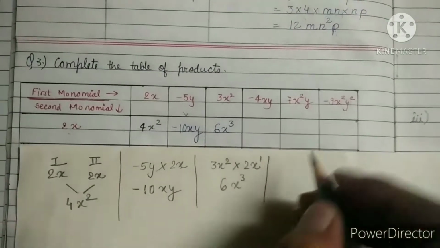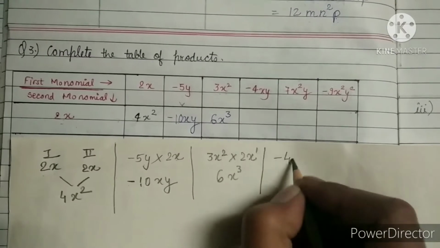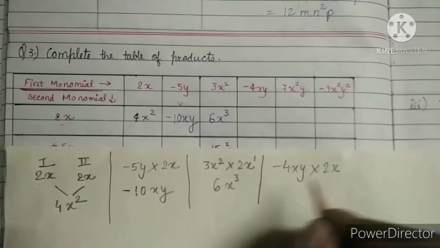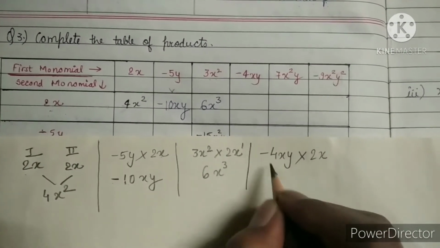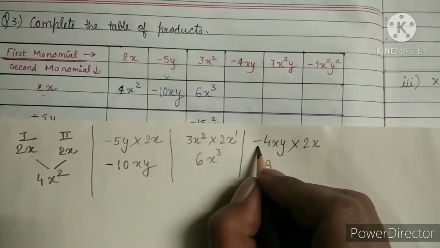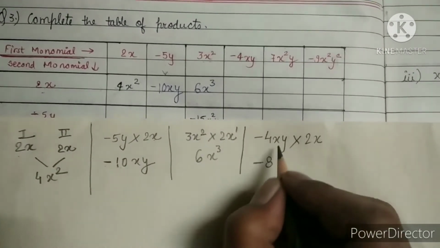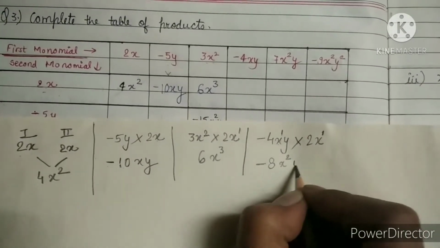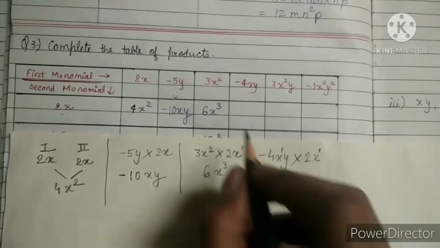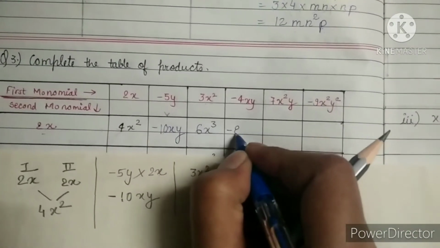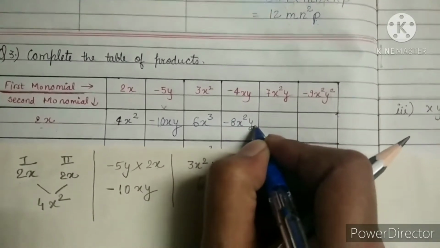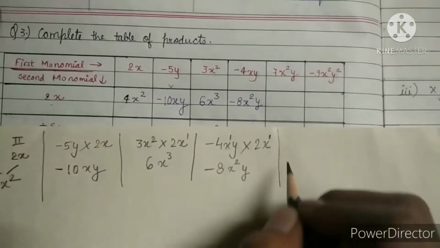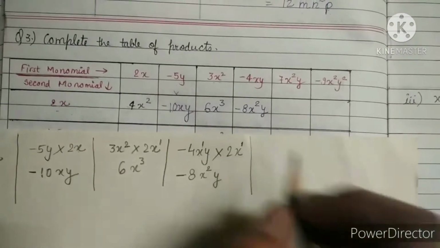Now for the next, we will do the same. We have to multiply 4xy with the second monomial. The second monomial is 2x. 4 twos are 8, but one expression has a minus at the start, so here minus will come. x is to power 1, x is to power 1, so here x is to power 2 and y will remain as it is. So here we have minus 8x square y. You can do this directly if you have understood, but if you are getting confused, you can do the multiplication in rough like I am doing.